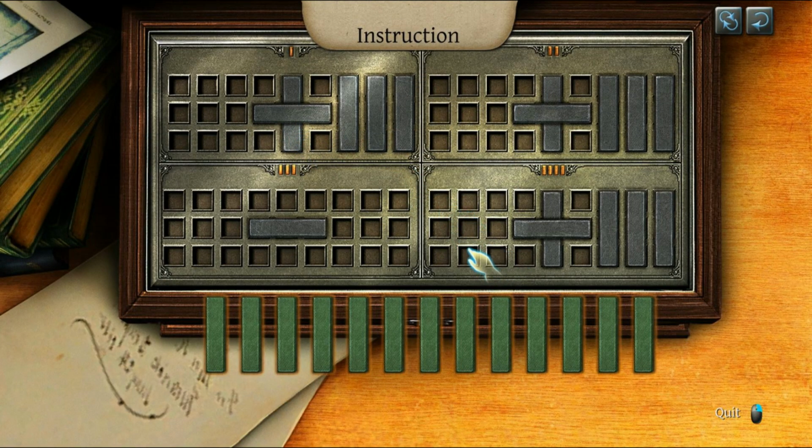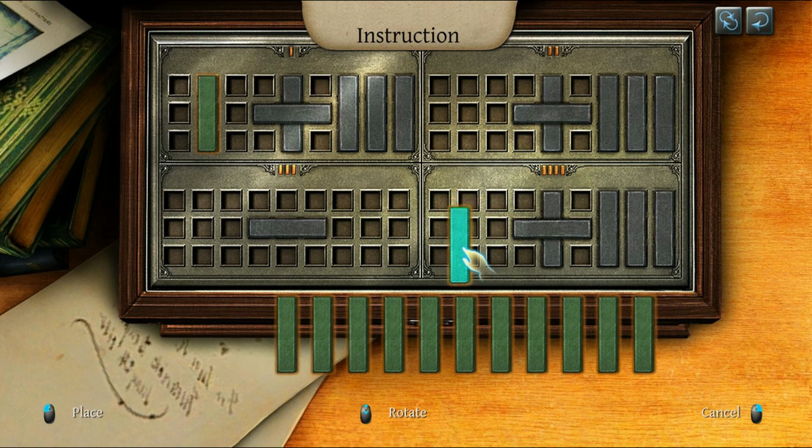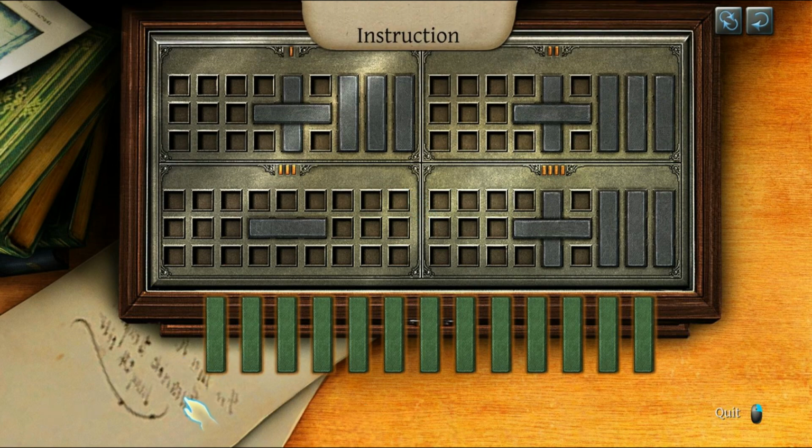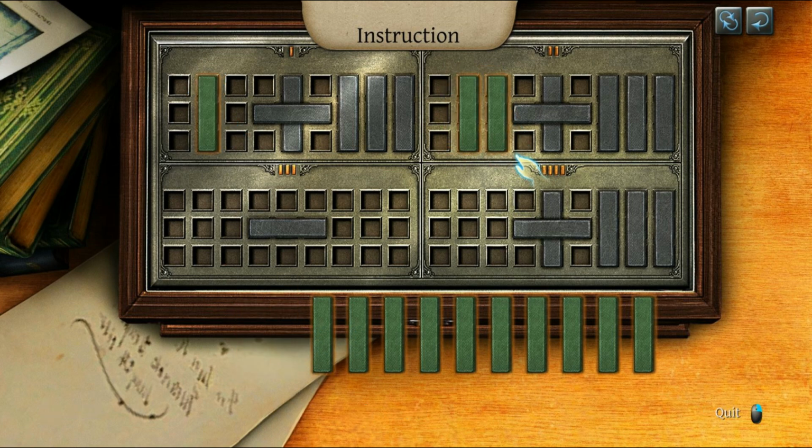Okay. So, the most we can have here, for example, is we could have... Here, we can have... So that's 13. That's the maximum we can have. The minimum we can have is 4, using all of the available shafts. So we probably don't want to use one unless we have to. So the minimum we can have is 4, 5,